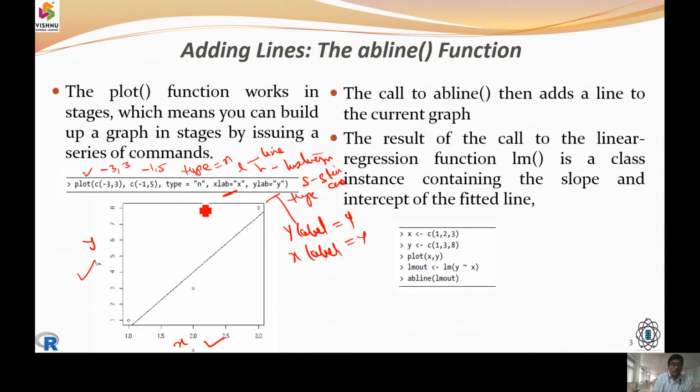So the type of graph, whether it is a dotted graph, a histogram, or a line, we are going to mention it. Now we can see that c is going to be 1, 1, followed by 2, 3, and 3, 8. So this position we call 3, 8. The other position we call 2, 3, and the first dot we call 1.